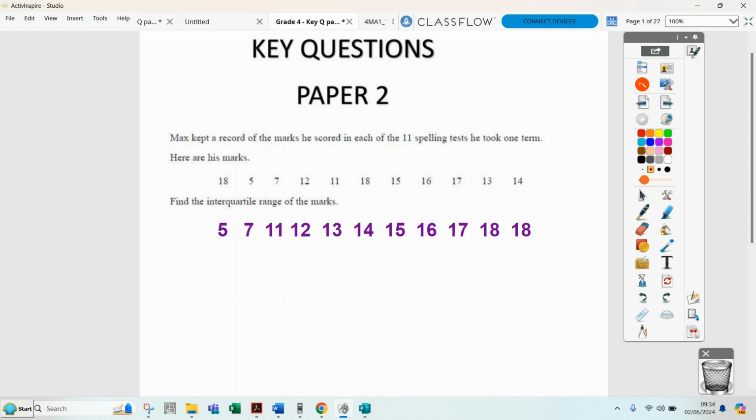Okay, on question number 1 in the grade 5 pack that's likely for tomorrow's exam, what you need to do on the first question is put the numbers for the interquartile range. You need to write them in order from smallest to largest. Okay, we always have to do that. Order from smallest to largest. Okay, and once you've done that,